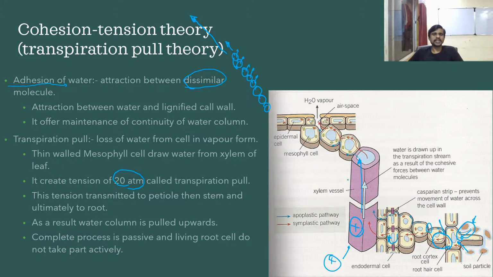Okay, so why is it moving? Because there is a pressure difference between two things. Here is more pressure and here is less pressure. So water is moving from high pressure to low pressure. Why is there low pressure here? Because water is removed or coming out of the plant body because of high heat.